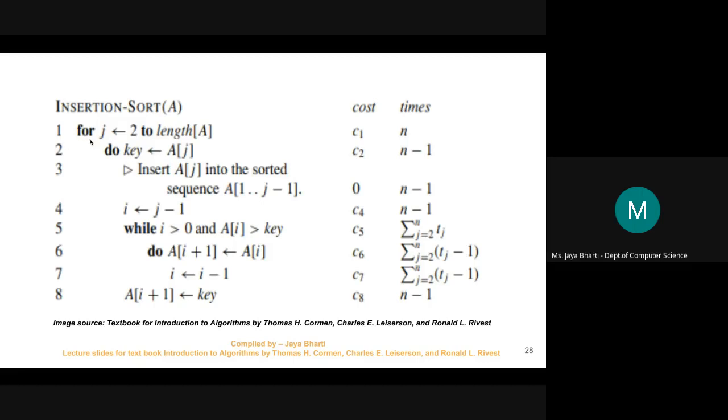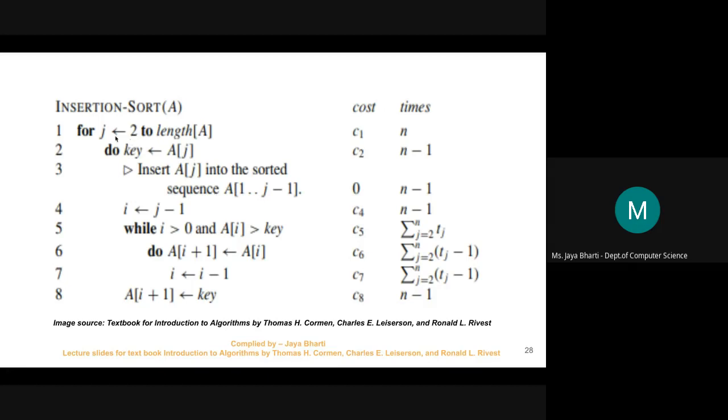We all know the length of the array is n, and we are starting from 2. So that leaves n minus 1. We have an array of length n, and we are starting from 2, so we are skipping one element, which means we have n minus 1. We are running this first step for n minus 1 times. But because this is the for loop, it will run one more time for the false condition. So it will be n minus 1 plus 1. It will be n only. Understood now?